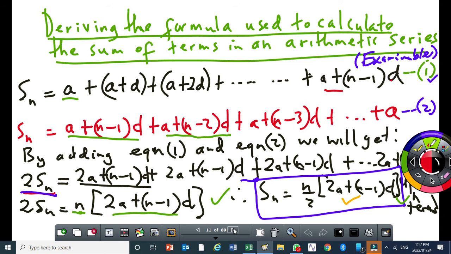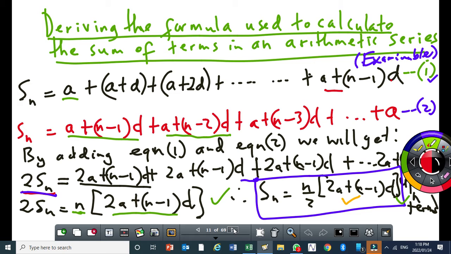Okay, the next thing now is deriving that formula. So deriving the formula used to calculate the sum of terms in an arithmetic series. The derivation is examinable. Okay, it can come in the examination. Now, to derive it,